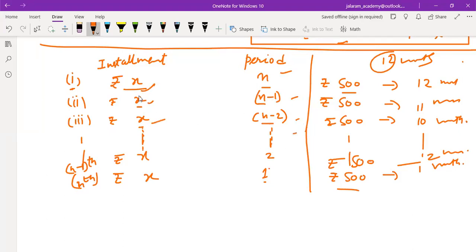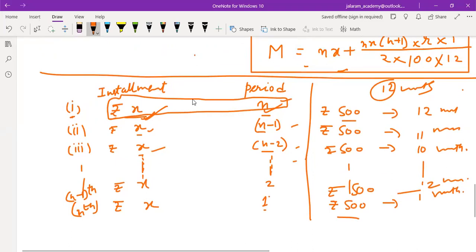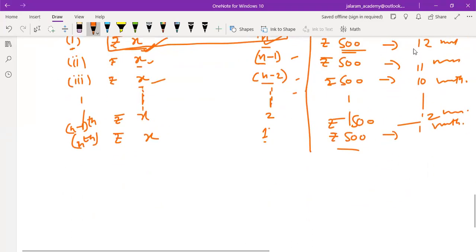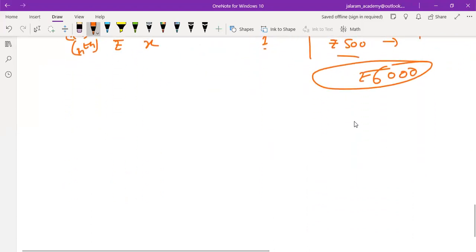To make it equal, we assume that all the sum which is fetching the interest in n months is deposited in 1 month only. So we have to deposit n times the sum. Means if we are depositing rupees 500 and it remains inside the bank for 12 months, to get the same interest in 1 month, we have to deposit 500 into 12 rupees inside the bank. Actually, we are not depositing this rupees 6,000, but we are only finding the interest for 500 rupees for 12 months. We know that the formula is PRT upon 100.